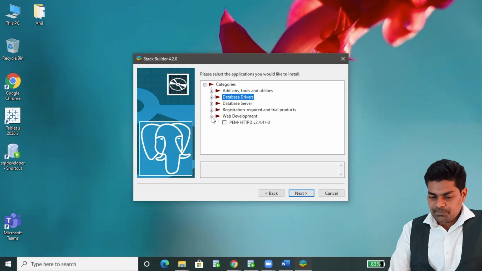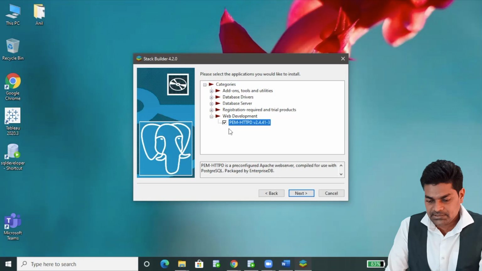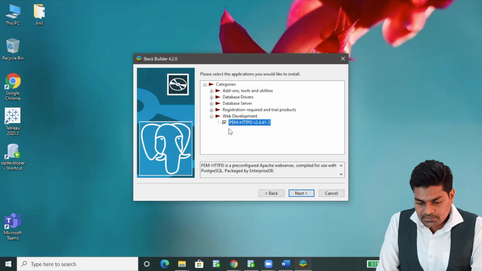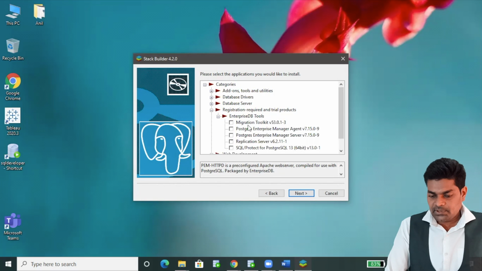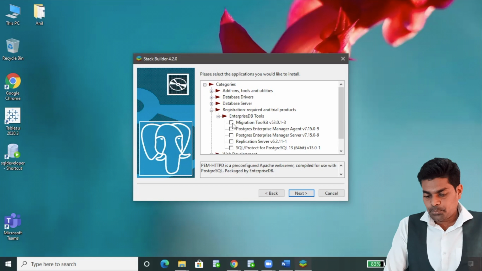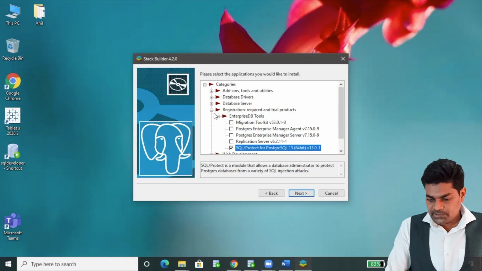If you are looking for web development, then click on the web development option. Then we have registration, if registration is required, and trial products, so we can select those here as well. Okay, so the SQL product for PostgreSQL 13.